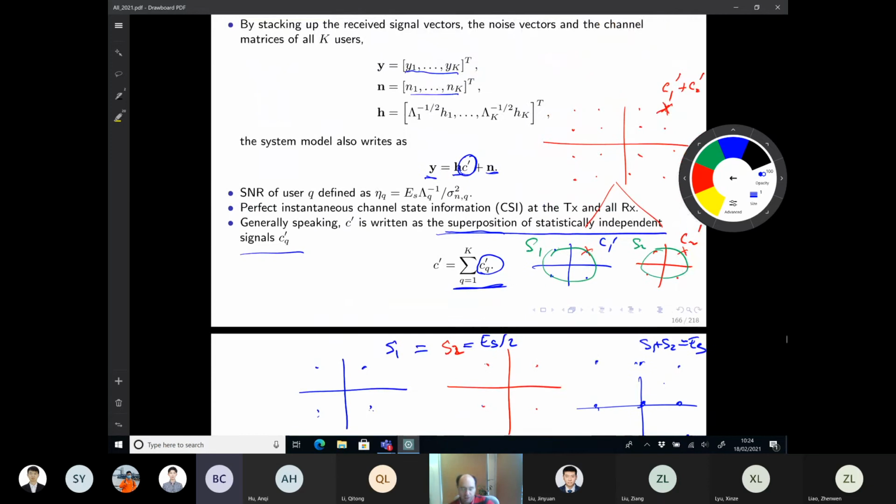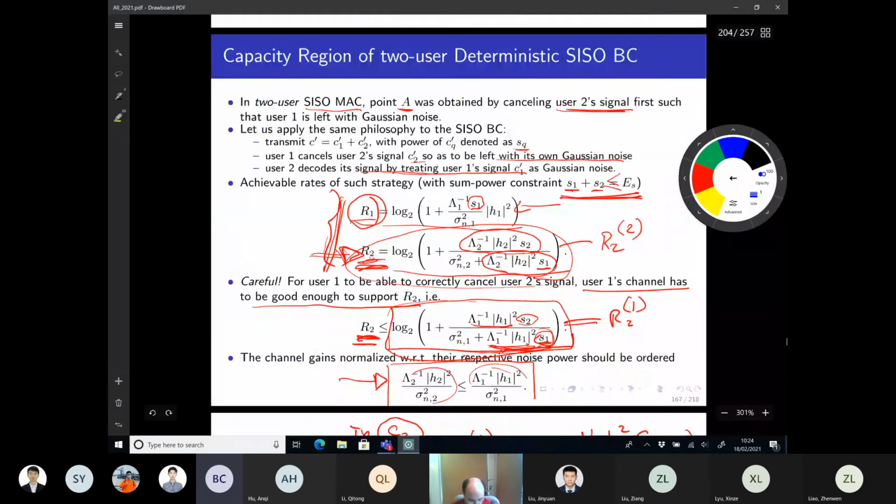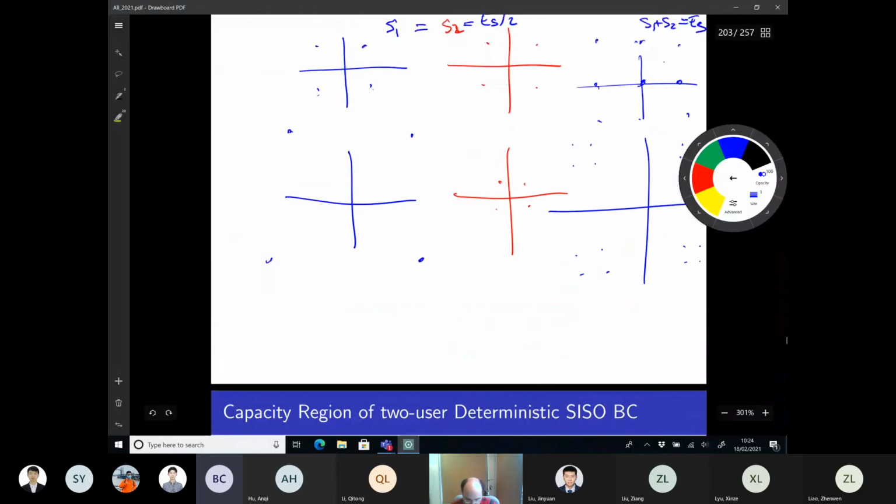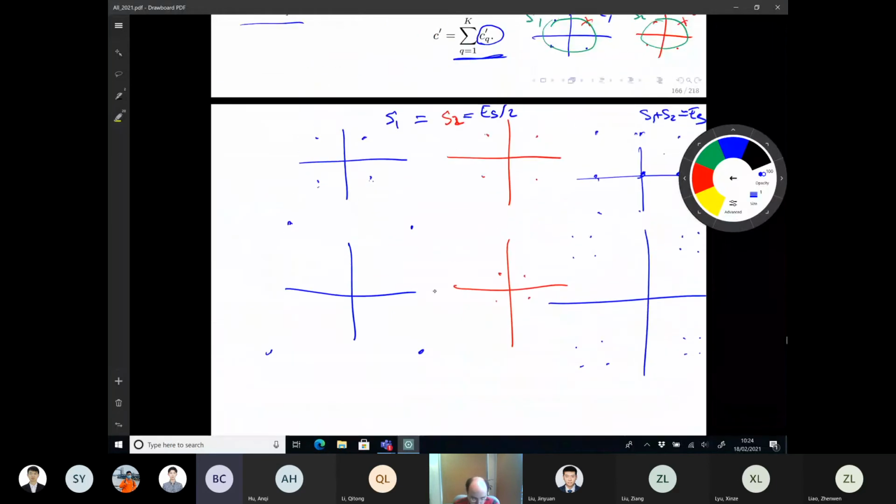When you do the SIC, let's imagine we were saying user 1 cancels the message of user 2, right? So this is my strong user, and this is my weak user, for instance. User 1 cancels the message of user 2. I transmit this message and I transmit this message, so the resulting superposition is this one. So user 1 cancels user 2. What that means is that